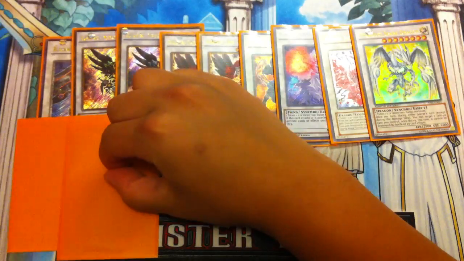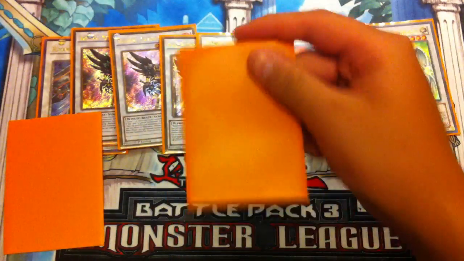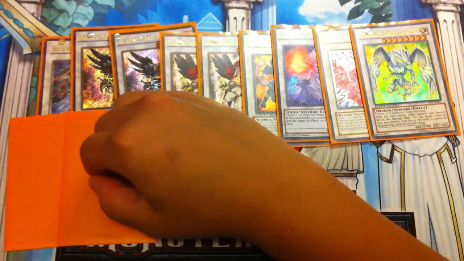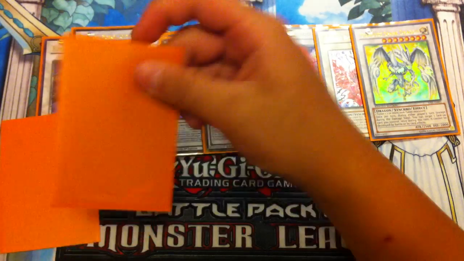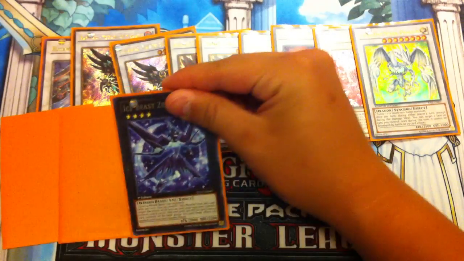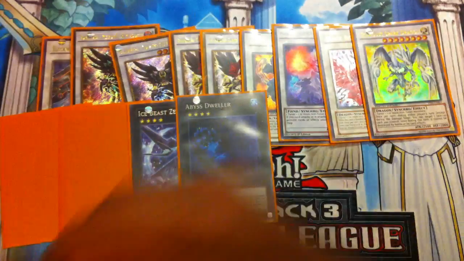And last but not least, you play the one Trishula, which is sad. Look at that. This is my Trish. Absolutely amazing. This proxy is absolutely amazing because it's a Trish. So this is Trishula. It's back. He's back. Dice Barrier is back. There's one Trish. And off to my XYZs, you play the one Ice Beast Zero Fine, one Abyss Dweller, one